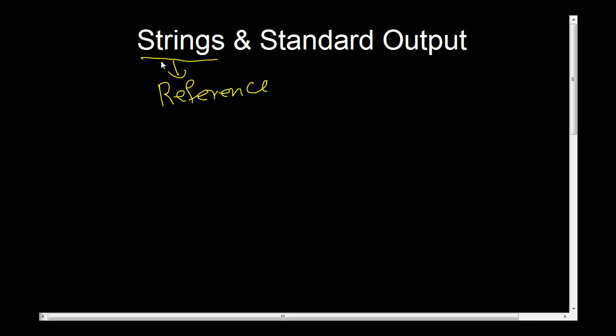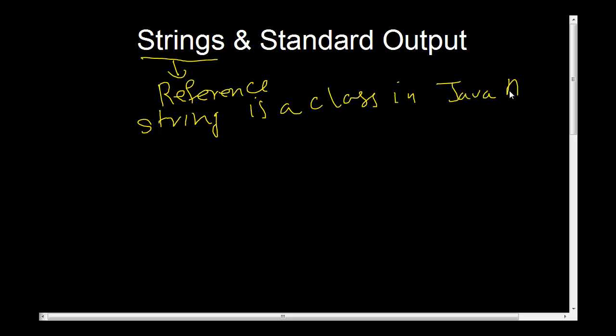They're a special class. String is a class in the Java API with a lot of helper functions and a lot of interesting mechanisms to manipulate strings and do work with strings